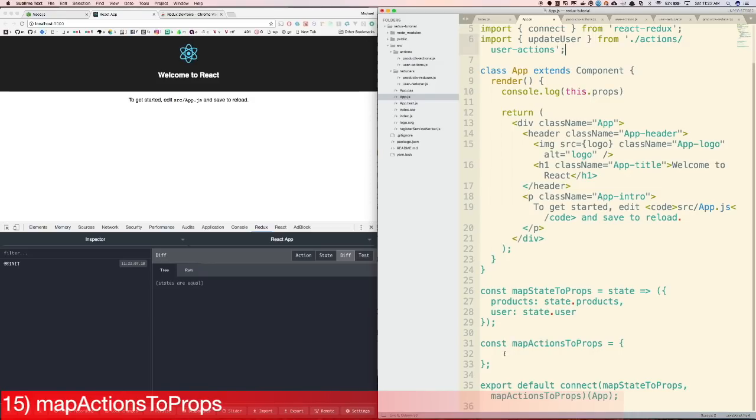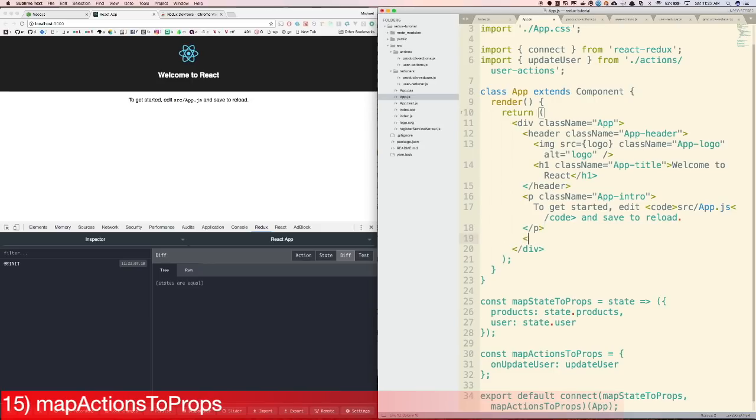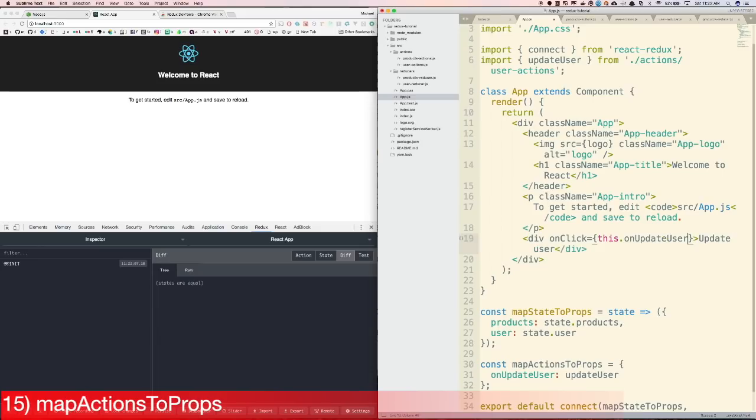And then back in mapActionsToProps, let's put in the object onUpdateUser: update user. I'm using onUpdateUser here to prevent variable collisions if we destructure in the component. Then in the render above, let's make a div that'll be a click event handler that will dispatch the action. Let's have the div say update user, and then we'll do onClick equals this.onUpdateUser, and then let's define the onUpdateUser